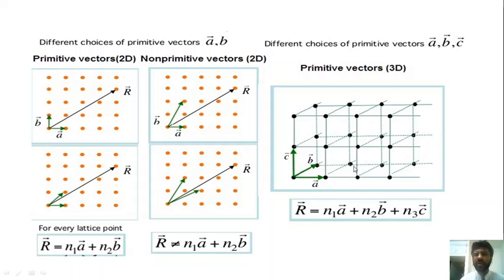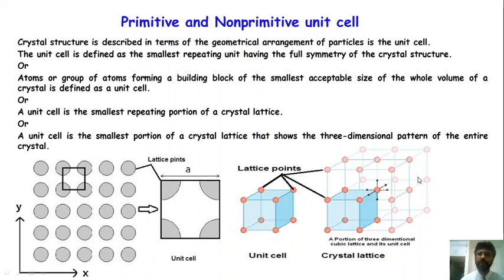All the lattice points are at the corners, and hence such translation vectors are also known as primitive translation vectors. Now that you know what primitive and non-primitive translation vectors are,